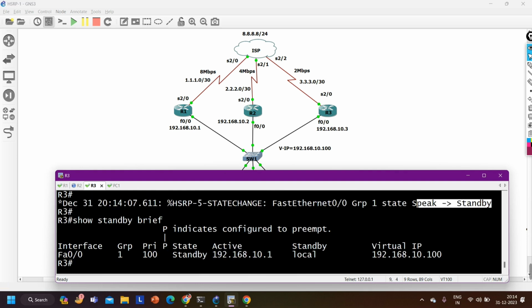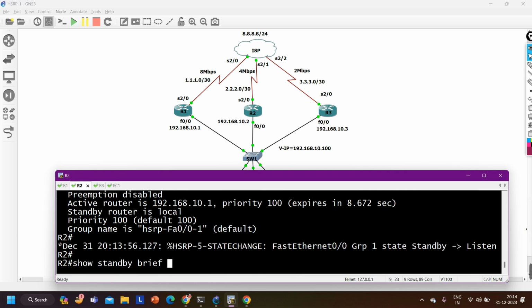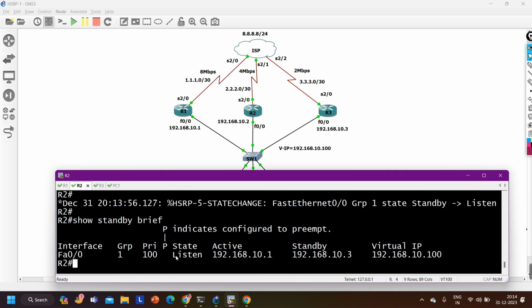So here now I can run the command show standby brief. You can see this interface, priority, group, state is standby, active router IP address is 192.168.10.1, meaning router 1's IP address, standby is the local router, and the virtual IP address. Now on R2, again if you run this command show standby brief, you can see the state of this router